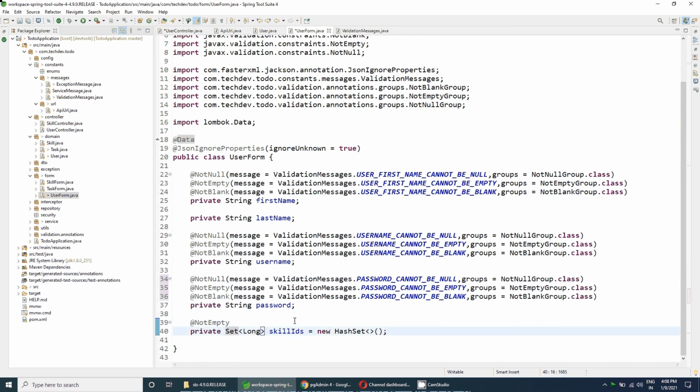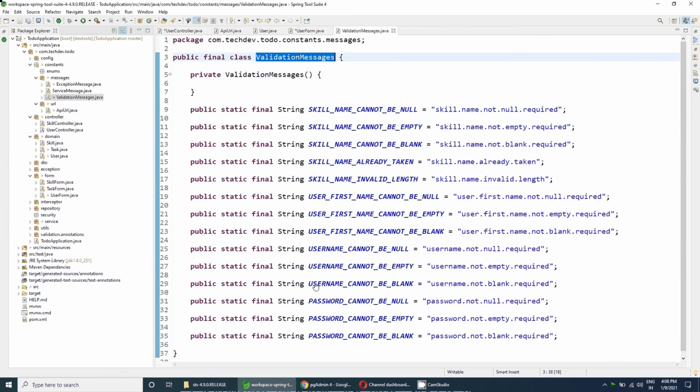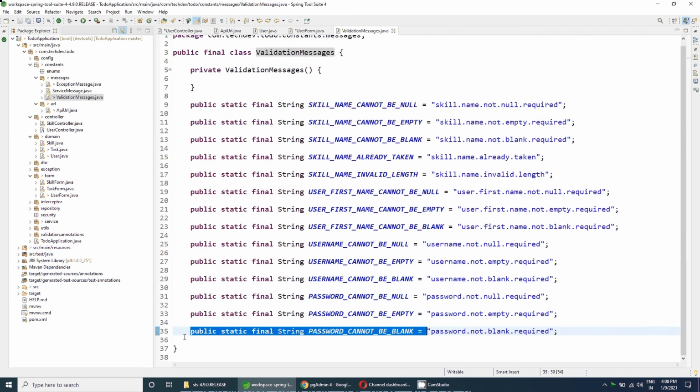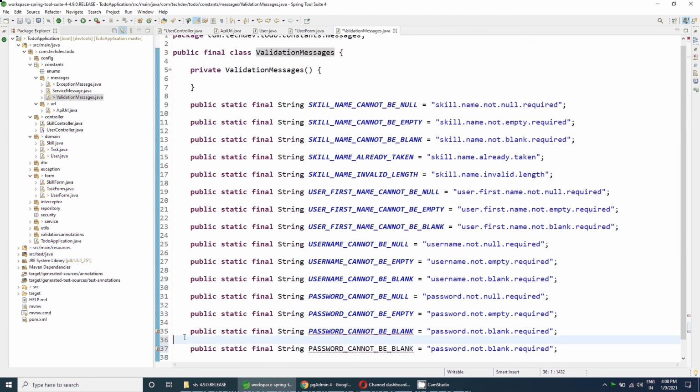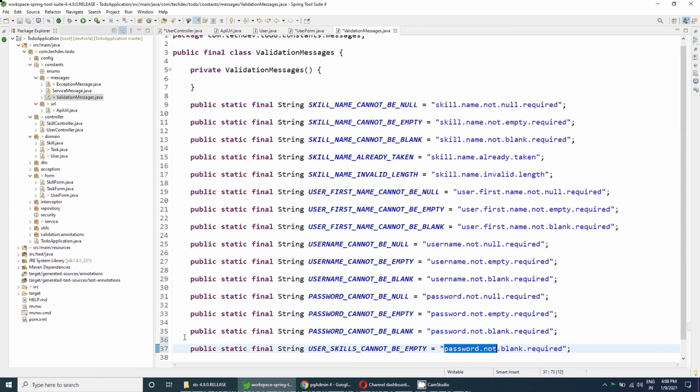So here the message should be that skill ID set cannot be empty, or you can say that user skills cannot be empty. User dot skills dot not dot empty dot required.